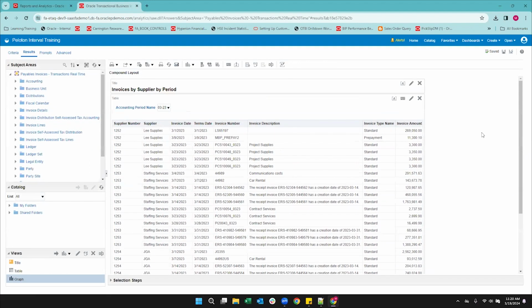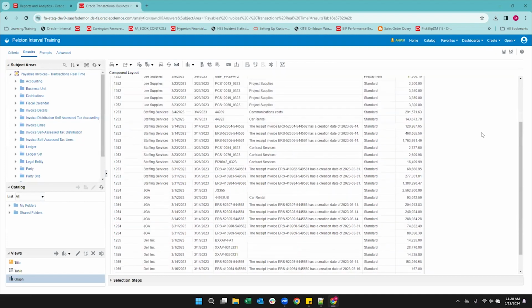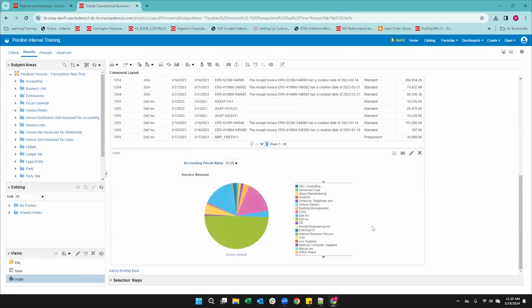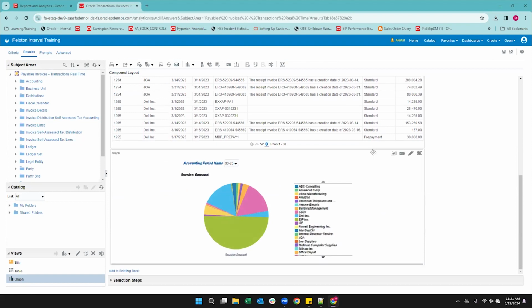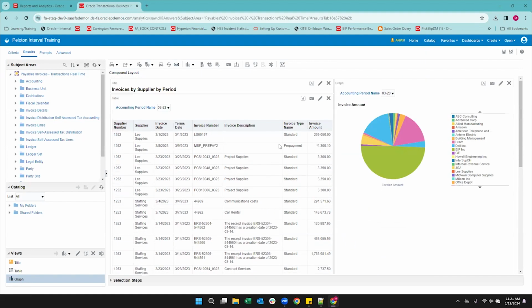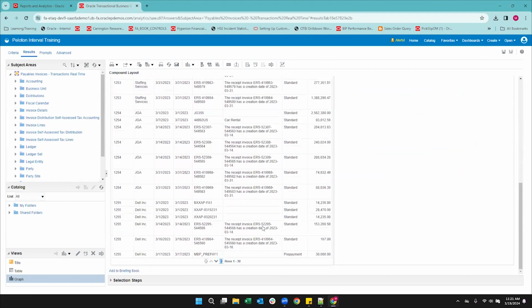Now you can see there's no graph on here because we haven't added it to our view. What I'm going to do then is hit this button here to move it over. Now, another thing you can do is, if you see up here at the top, it turns into the little movement icon with the 4 arrows. You can put things next to each other instead of having them one after the other,